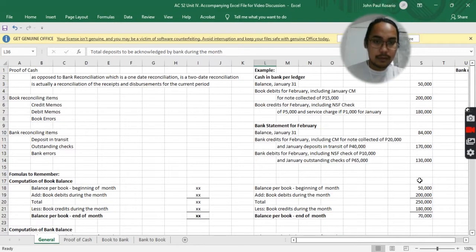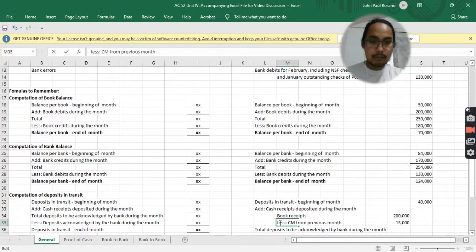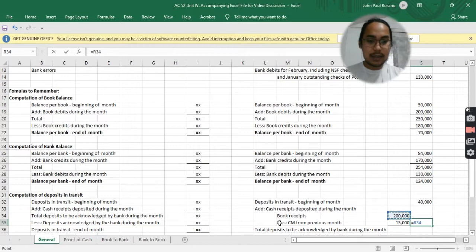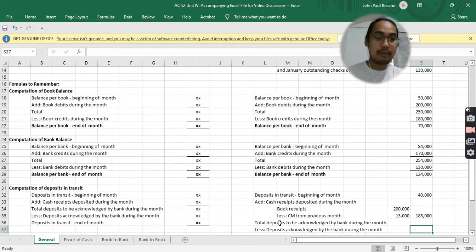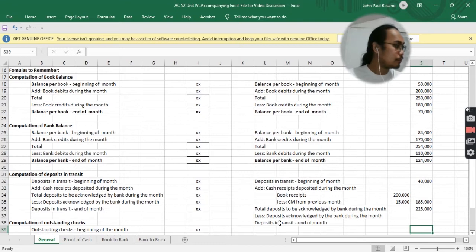Was it 15,000? Okay. In January. So, let's just indicate here in the less. So, your total receipts for deposit is 200 minus 15. We have 185. So, your total deposits to be acknowledged by the bank during the month is your beginning deposits in transit plus your cash receipts during the month for deposit. So, that's 225,000. And then,